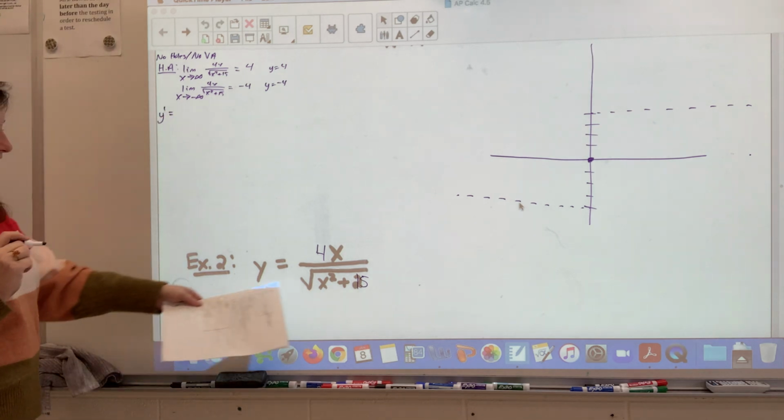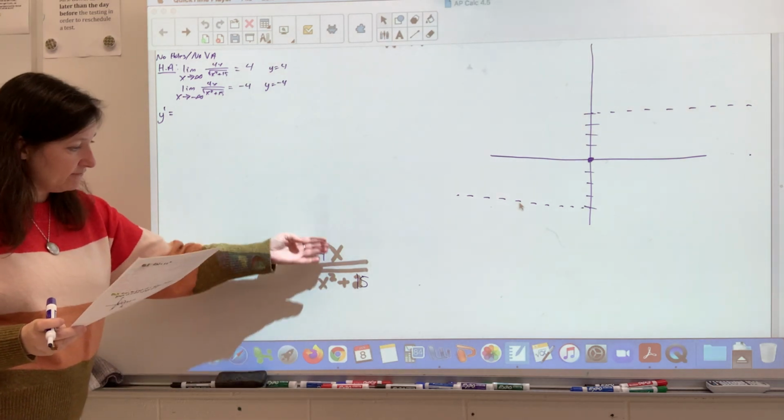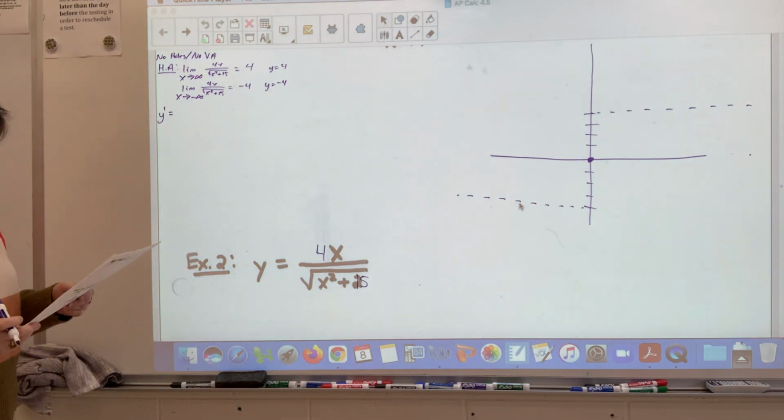So let's move on to the first derivative because we need to be able to find max and mins. So we're going to have to get the derivative, and I see here we're going to have the quotient rule with the chain rule inside. I'm going to save us a little bit of time here and go ahead and tell you that it comes out to be,